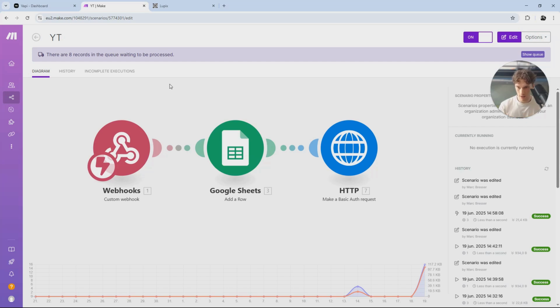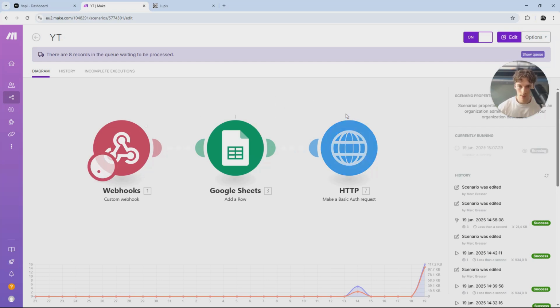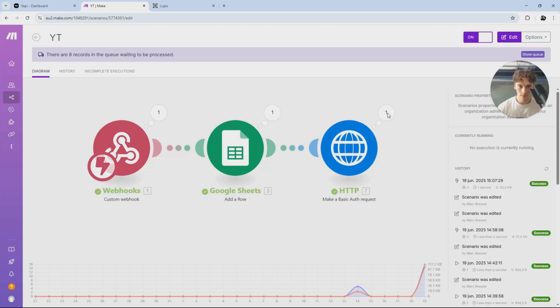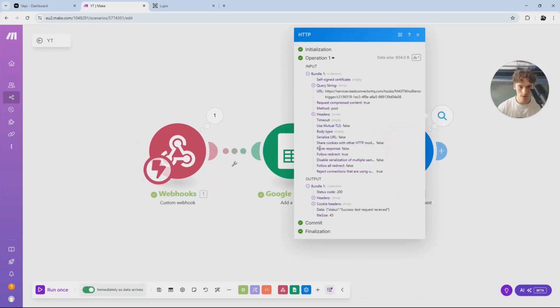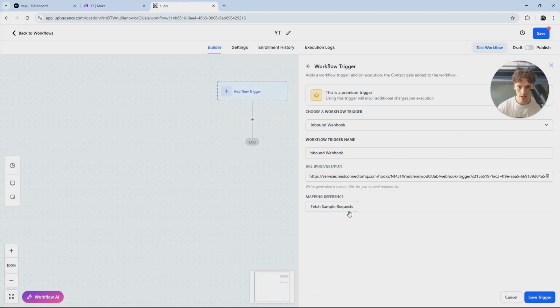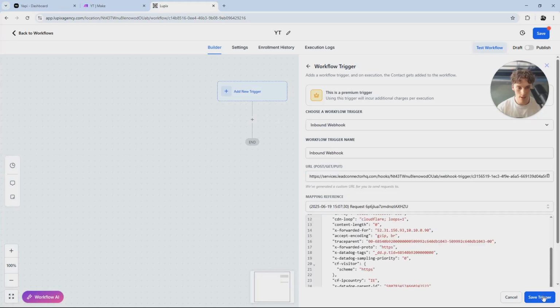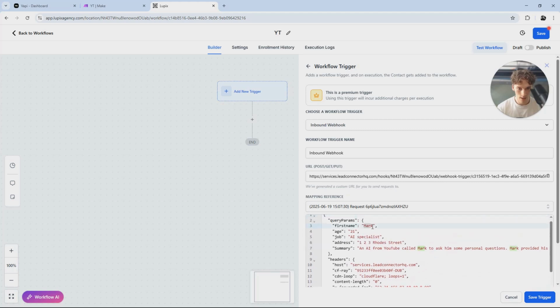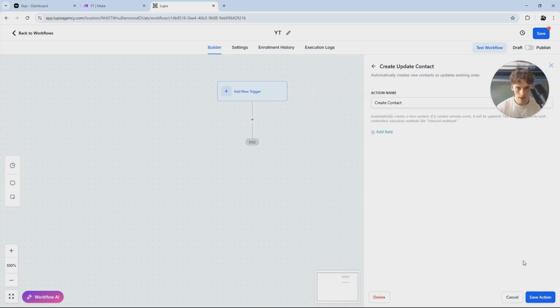Okay, that's good enough. So now you will see that it will run right here. And let's see if it worked. It did work. And right here, you'll go back to Gohighlevel, and you click on Fetch Sample Reference, and then you click on this, and you will see here, first name Mark, age 21, job AI Specialist, 123 Rhodes Street, and then the summary. You click Save,